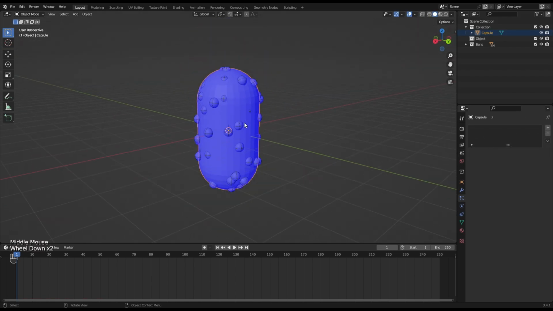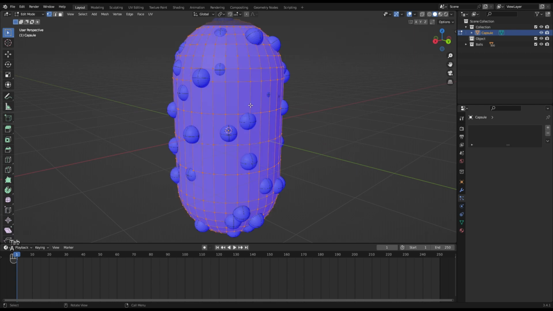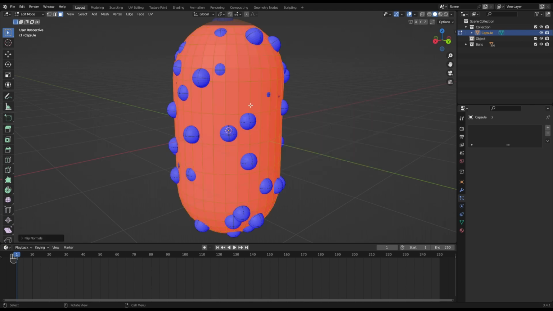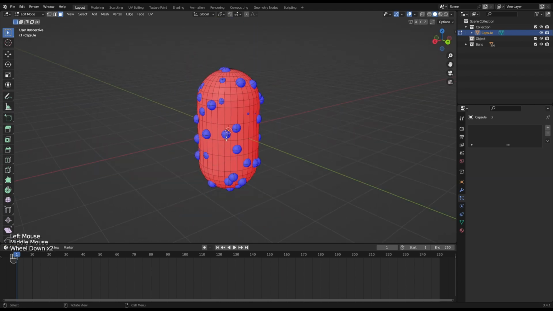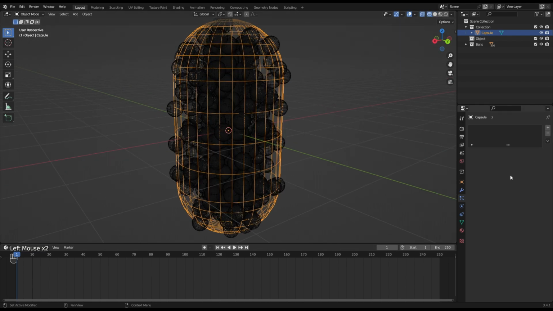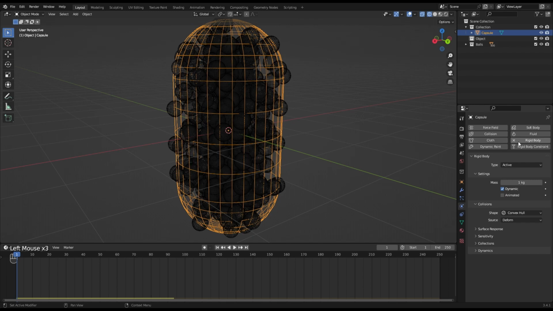To push the spheres back inward, invert all of the capsule face normals. In object mode, add a rigid body from the Physics Properties tab of the capsule and change the collision shape to mesh. This process is very important. The rigid body set to mesh bounces the active type rigid body in the normal direction.